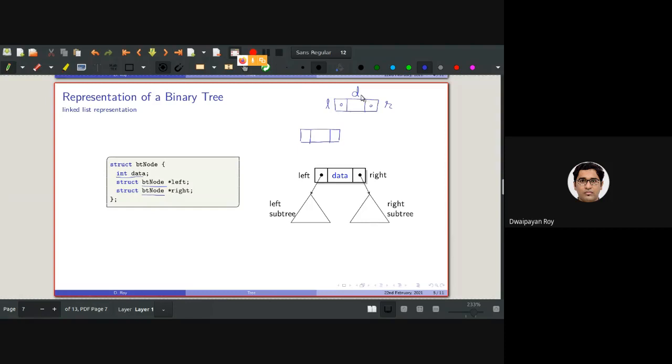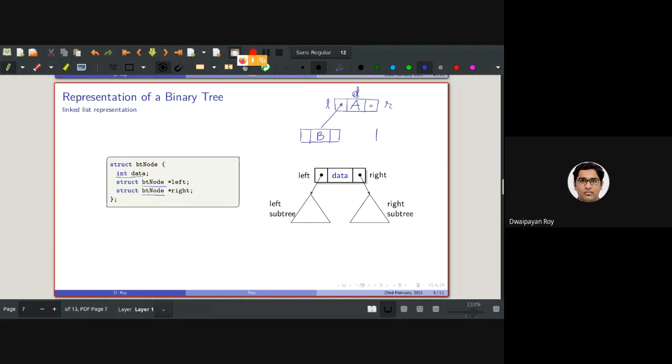So if I consider this node, let's call it A, and the left child of A is B, this position will contain the address of this node.